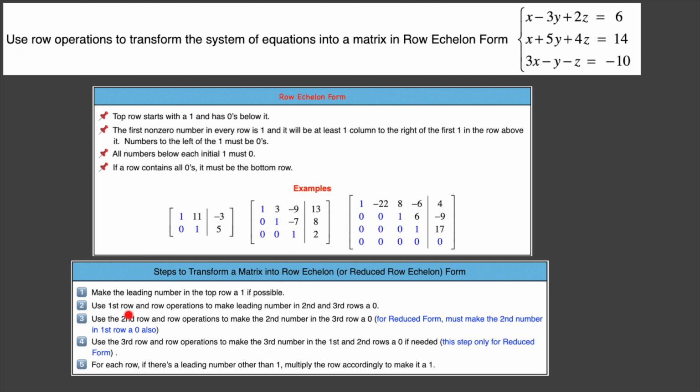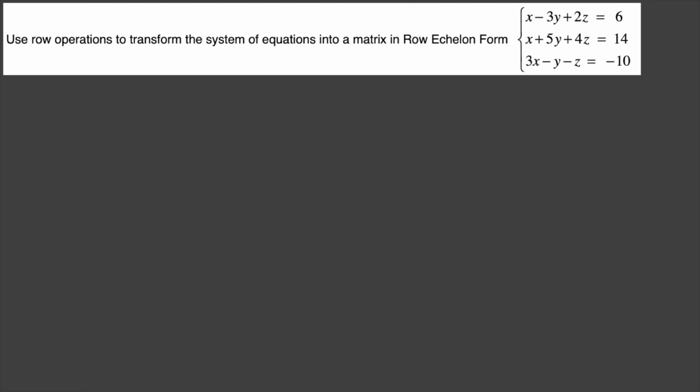Step 2 is use the first row and row operations to make the leading number in the second and third rows 0. Then we use the second row and row operations to make the second number in the third row a 0. We'll go over that in detail. If there's another row, you would do the same thing for each row. If there's a leading number other than 1, multiply that row accordingly to make it a 1. If you want to take a screenshot of this, go for it. I'm going to erase both these charts here and then start doing the work